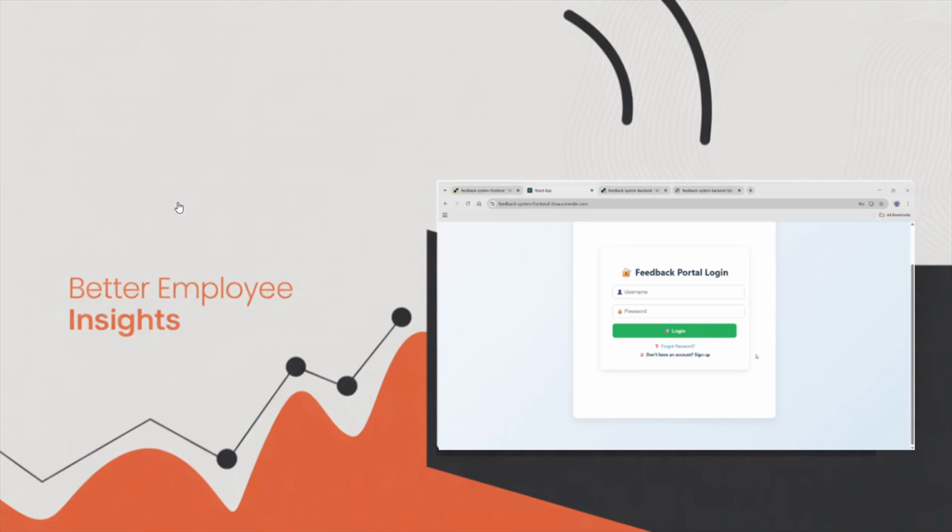Switching to the backend, main.py. Main.py is the central FastAPI app file. All routes are defined here. This is one route, login and sign up. As I mentioned previously, sign up is a route, feedback is a route,